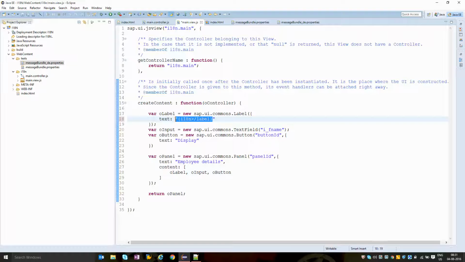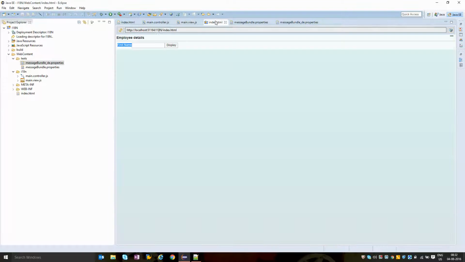In the same way I'm going to give the binding for the other text as well. I wanted it to be coming from the button variable, and I wanted this text to come from the panel variable. So I have just developed my application and we'll debug it.